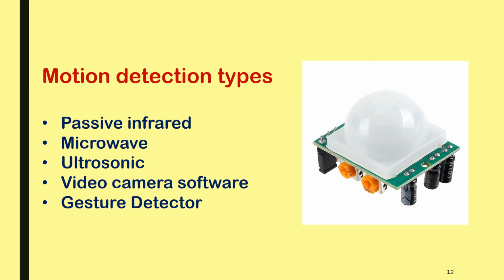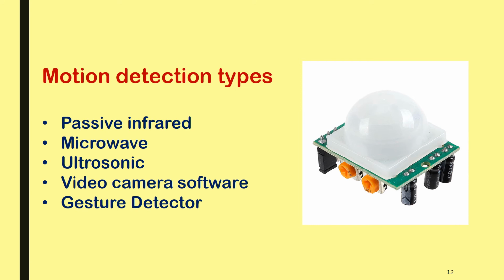Then one more is a gesture detector. Photo detectors and infrared lighting elements can support light screens to detect hand motions and gestures with the aid of machine learning algorithms. One of the most commonly used motion detectors in this whole process is the PIR. So it is widely used in motion detecting devices.